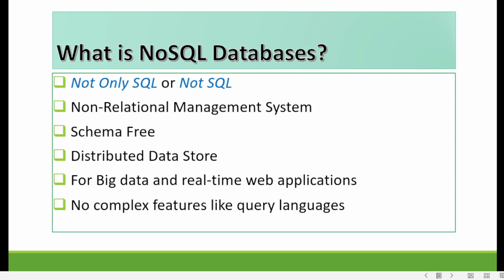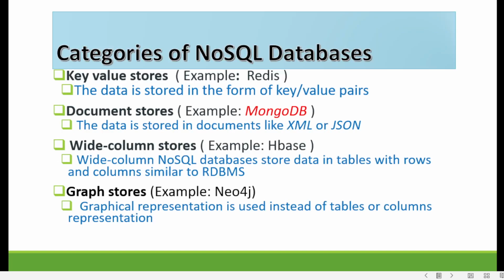In NoSQL, there is no need to split the related data into multiple tables, but it can be nested within the same data structure. NoSQL databases are distributed non-relational databases designed for large data storage and for massively parallel, high performance data processing, used by many organizations like Adobe and LinkedIn. And there is no complex query language, no declarative query language in NoSQL databases.